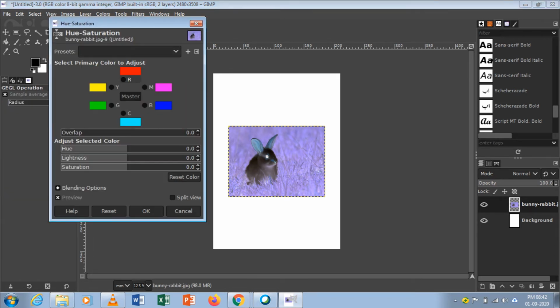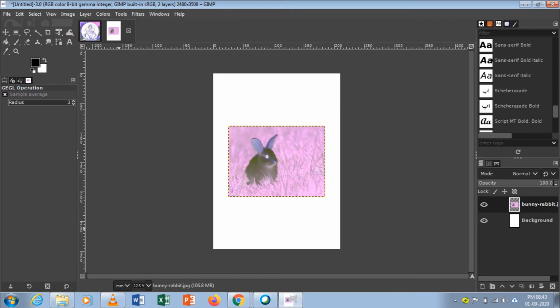Okay, suppose I want to change the color, where do I have to go? I have to select the colors option. Using the colors menu, I changed the color.